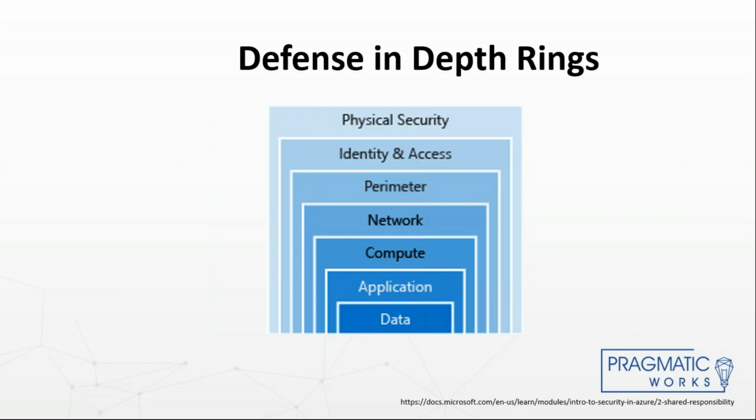We want to make sure at the compute level that we implement endpoint protections and we keep our systems patched. We will make sure that there isn't any malware and that our users are educated not to click those links. We want to make sure that the vendors that we purchase our applications from, or that our teams that are building applications, have integrated security into their development lifecycle to reduce the number of vulnerabilities. And if all else fails, data breach. We want to make sure that that doesn't happen.